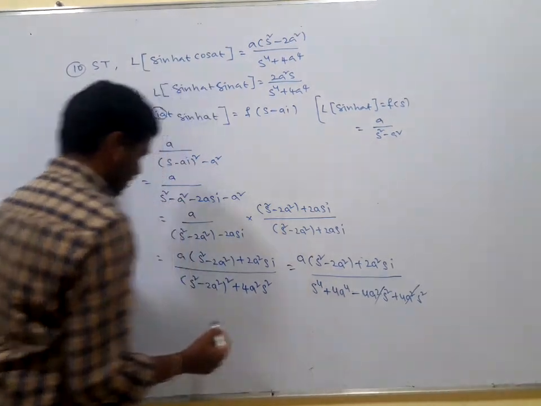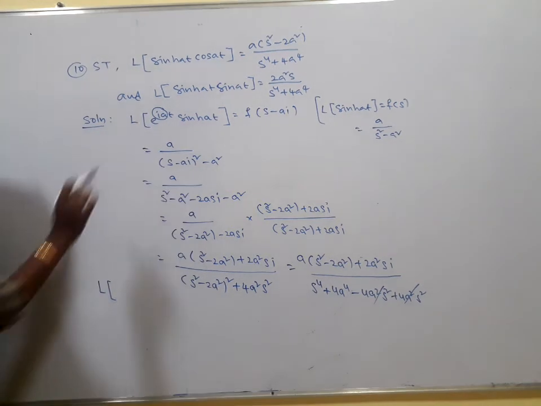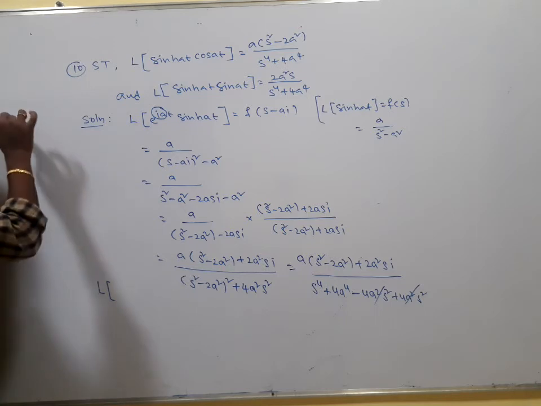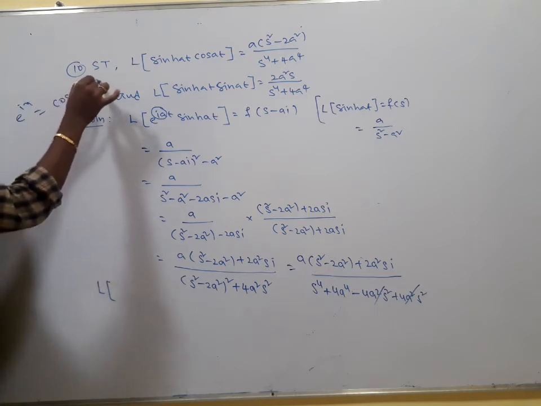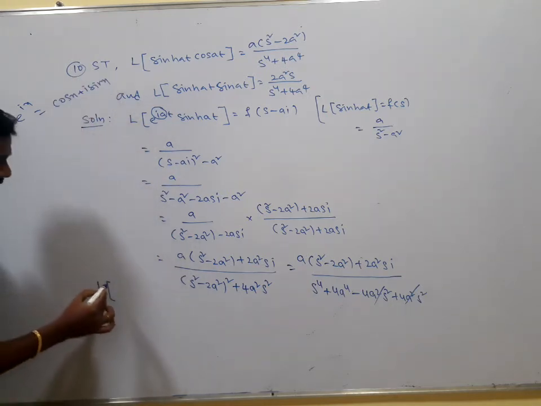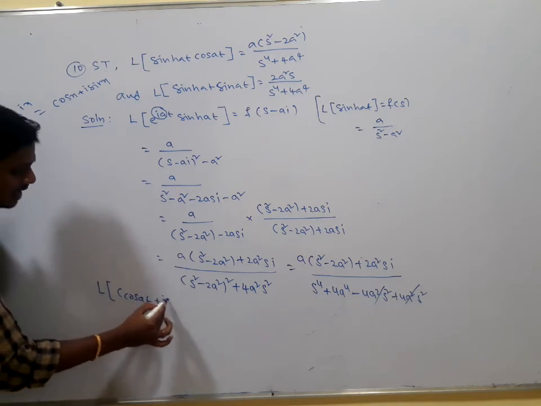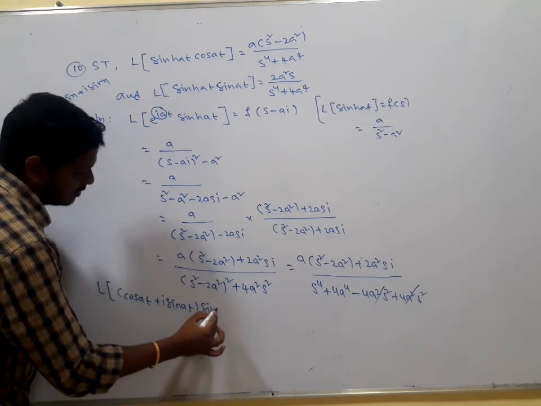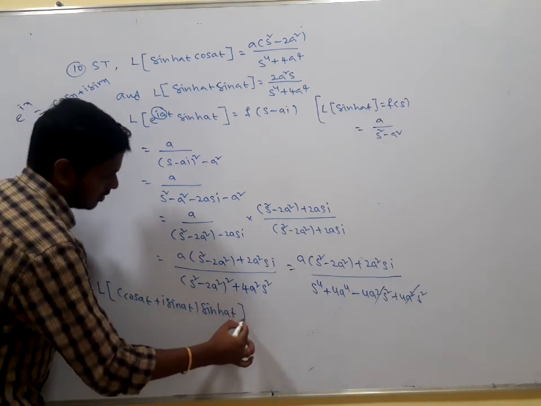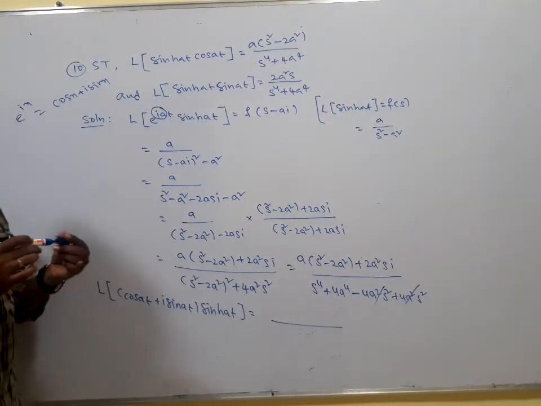Yes, now I am going to write, here it is Laplace, I am going to concentrate on the LHS, Laplace transform of e to the power of iat. You know that e to the power of ix is equal to cos x plus I sin x. In the same way, e to the power of iat is equal to cos at plus I sin at, of sin hat is equal to, yes, as this term, the term we have here.